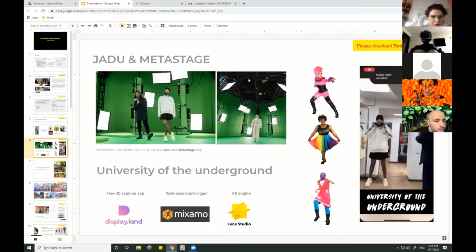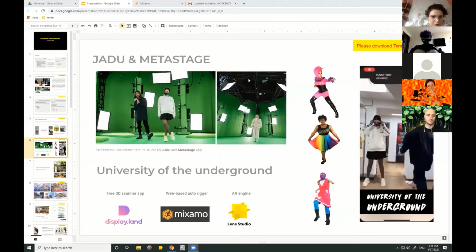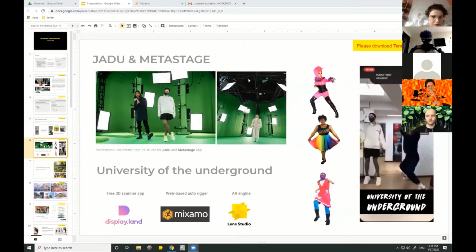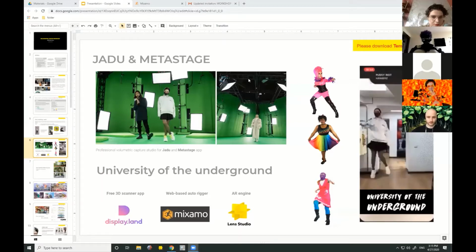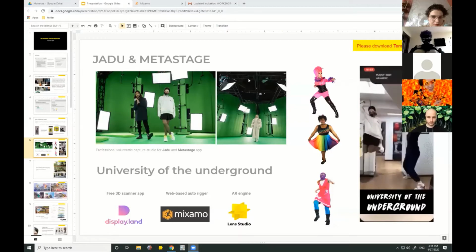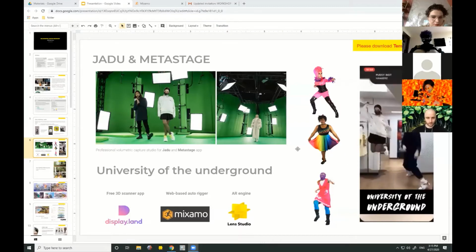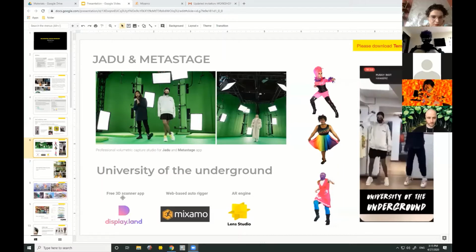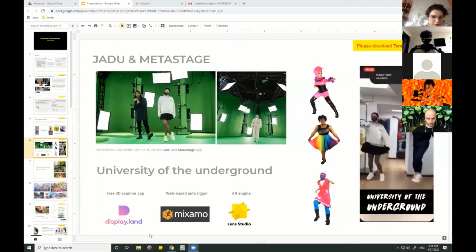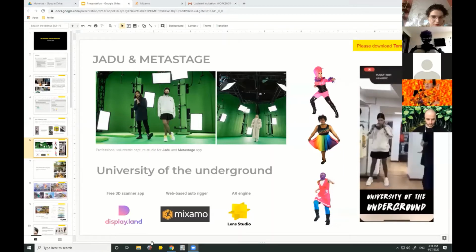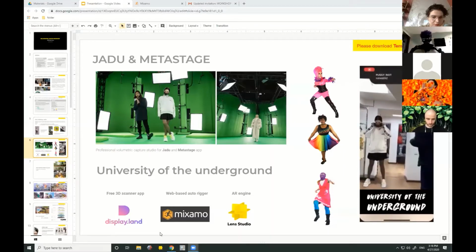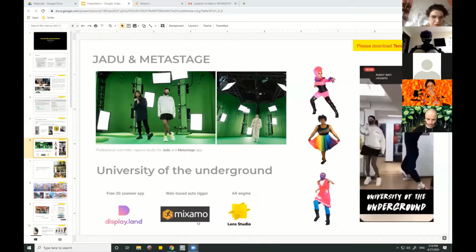And for us, instead of having to go through the huge and untouchable cost of scanning ourselves, like the process that they do, we can do it in a sneaky and practical way and make it all happen for free. The first application is for the 3D scanning, Displayland. The second one is the online web-based software called Mixamo, which is going to do the animation for us. And the last one is the AR engine from Snapchat